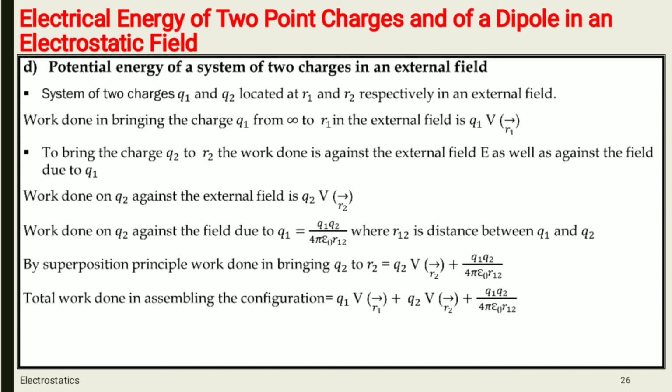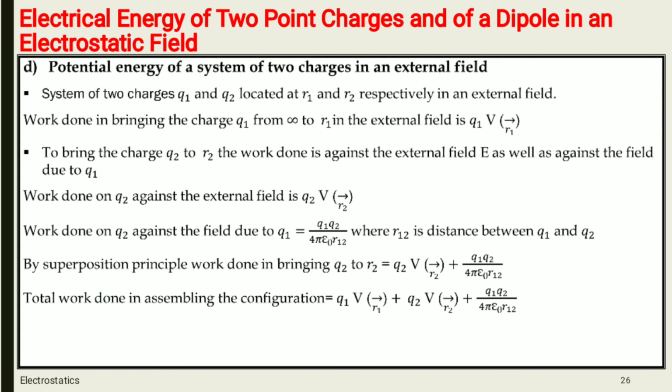R12 is the distance between Q1 and Q2. So by the superposition principle, work done in bringing Q2 to R2 is equal to Q2